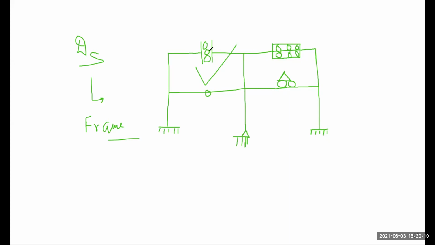Next, anyone? Umang, can you say what is the name of this structure? Sir, it's guided roller. Vertically guided roller, sir. No, this is not vertically guided roller because you all committed a mistake here. If I add an internal slider,